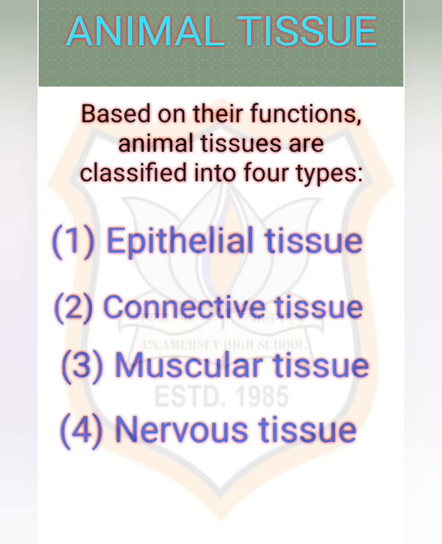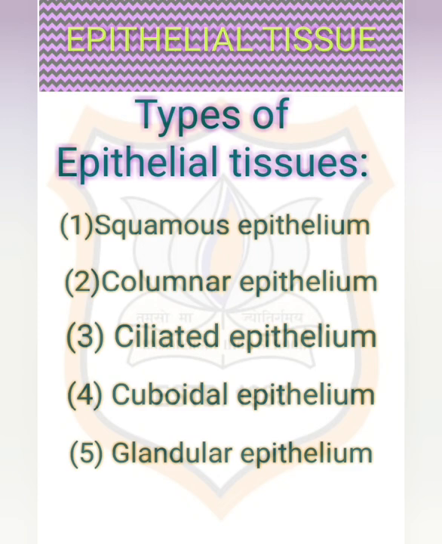So, these are important tissues of animal body. Let us discuss the characteristics of epithelial tissue, which is the first part of animal tissue. It is the covering or protective tissue in the animal body. Epithelium covers most organs and cavities within the body. It also forms a barrier to keep different body systems separate.